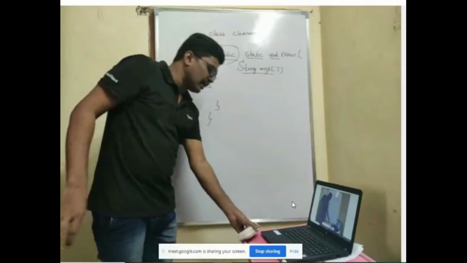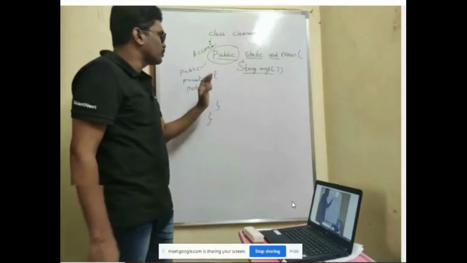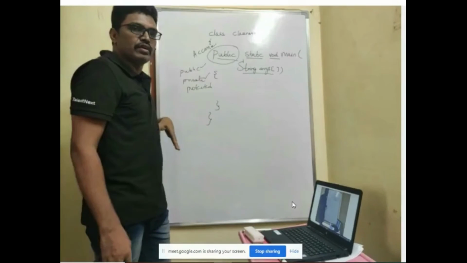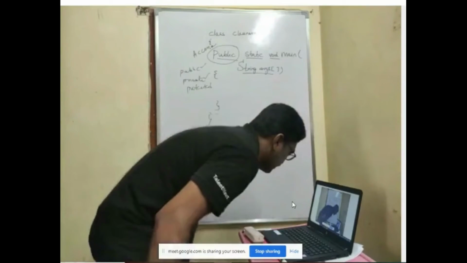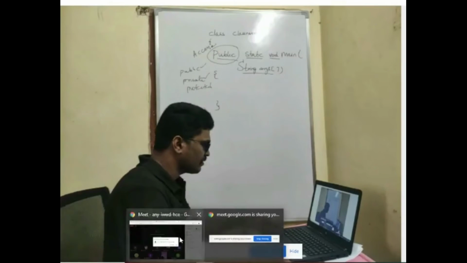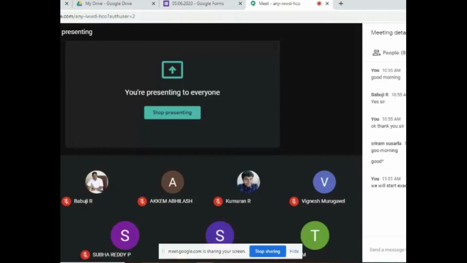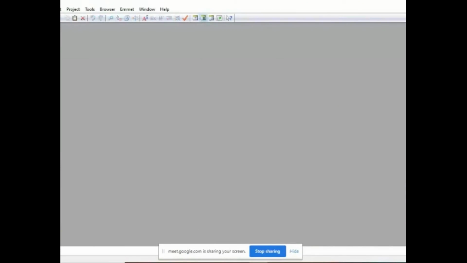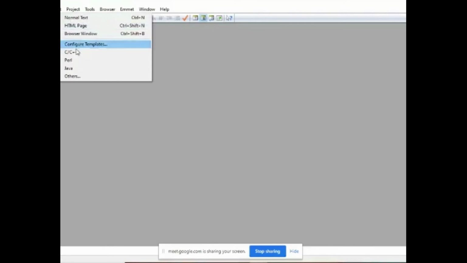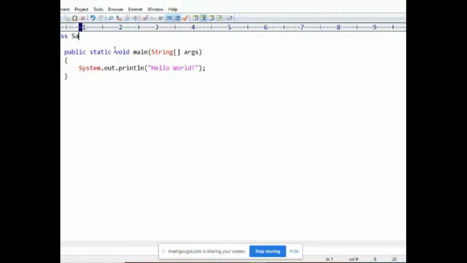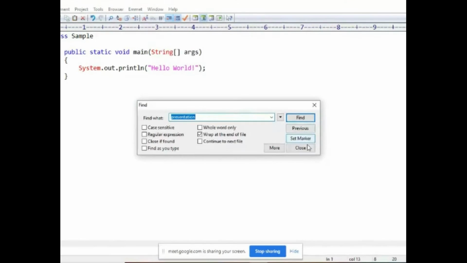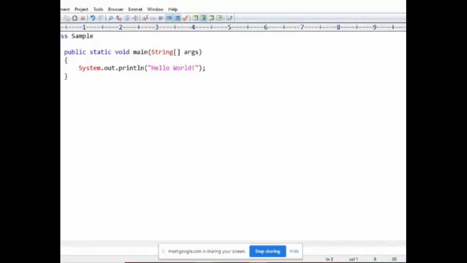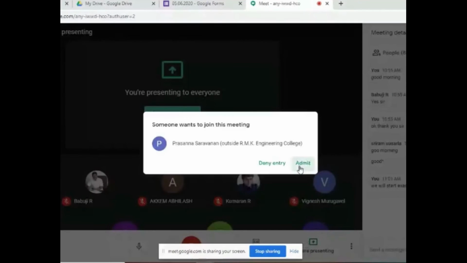Now I will show you a demo of a small program, how to implement it and how the bytecode is generated. I'll write a small program, and I'm writing the program name as sample. I hope the screen is visible.